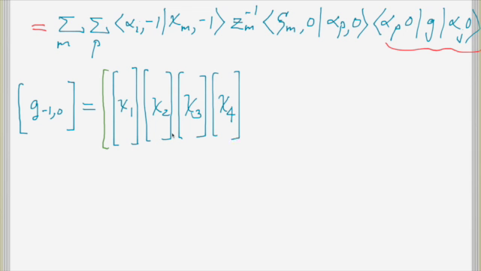Just stick them together into a matrix. That's a 4x4 matrix, since each chi has 4 elements. Times